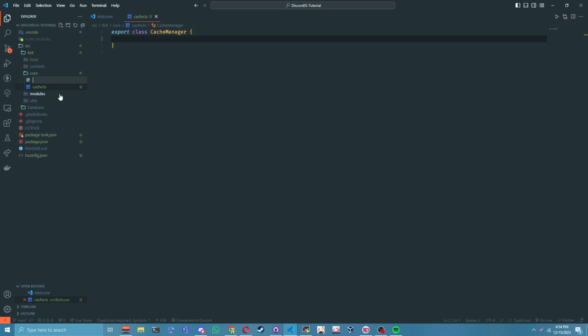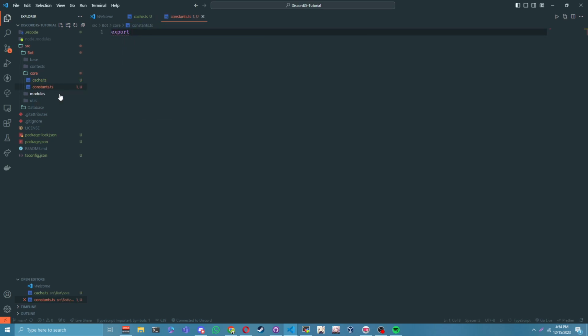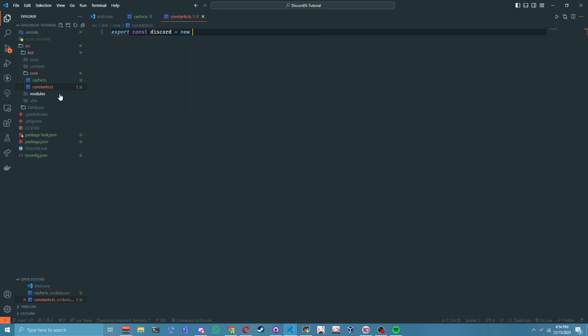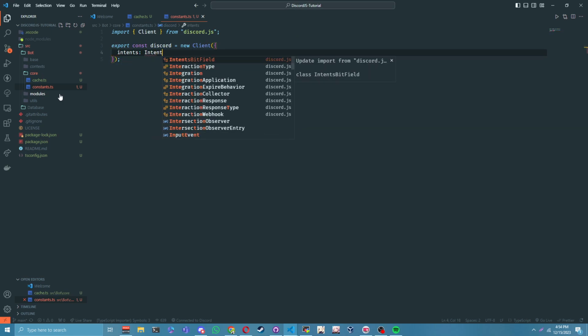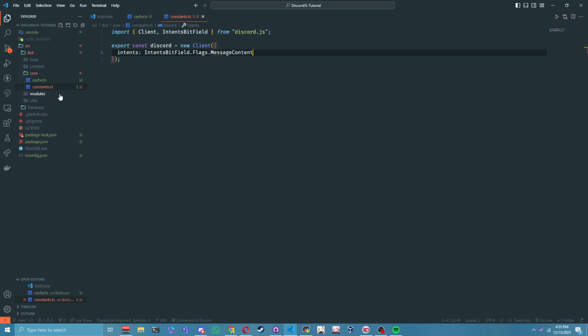Let's real quick add our constants. So it's going to be constants.ts. Let's go ahead and create our Discord bot real quick. So we're going to do export const discord equals a new client. Okay. And we're going to have our intents. So we need the IntentsBitField flags. What we need is, of course, message content. We're going to need to have